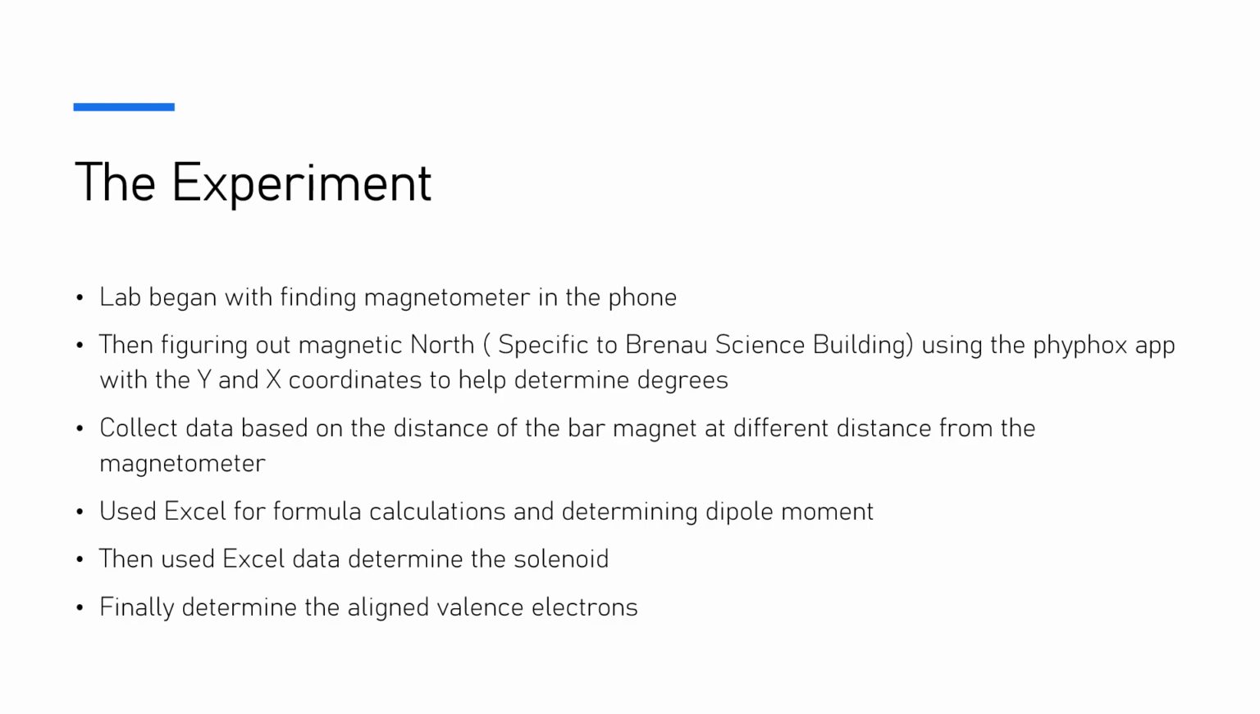The experiment. Lab began with finding a magnetometer in the phone, which we used Firefox for. Then, figuring out magnetic north specific to the Bernal Science Building, we used the Firefox app to determine the degrees of the y and x coordinates. We then were able to collect data based on the distance of the bar magnet at different distances from the magnetometer. We were then able to use Excel for formula calculations and determining the dipole moment,